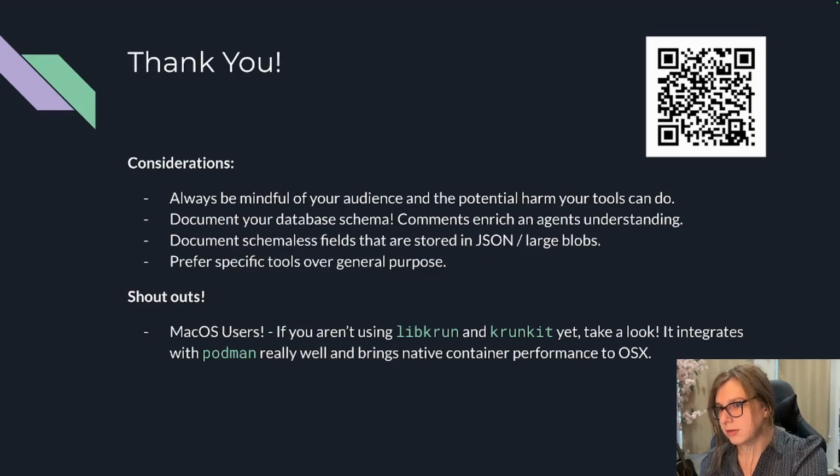And then finally, for Mac OS X users specifically, if you're not using KRunKit yet, go take a look at it. It integrates really well with Podman and gives you more native container performance on OS X. The biggest thing I've found is it gives you the ability to tap into GPU resources, which I've struggled with on some of the other